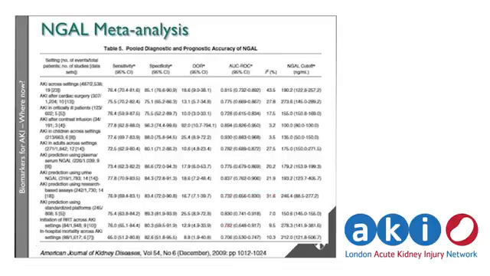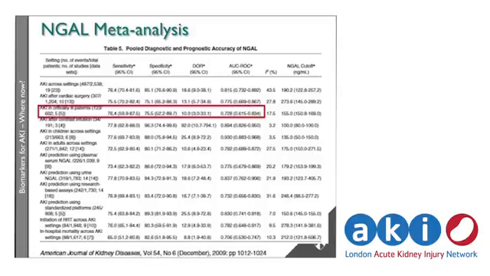So loads of people jumped on the NGAL bandwagon and did loads and loads of studies, and some of them looked good and some of them looked less good, and they did lots of meta-analyses. And this is the meta-analysis in critically ill patients, and unfortunately, in the ICU, the predictive ability of NGAL wasn't perhaps as good as it was in paediatric cardiac surgery or even in the ED.